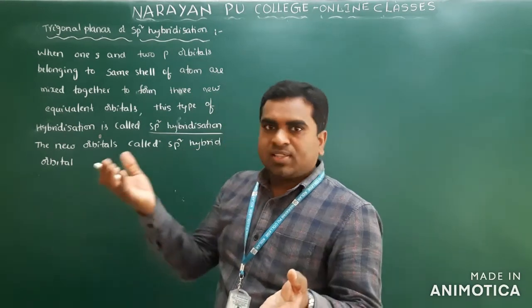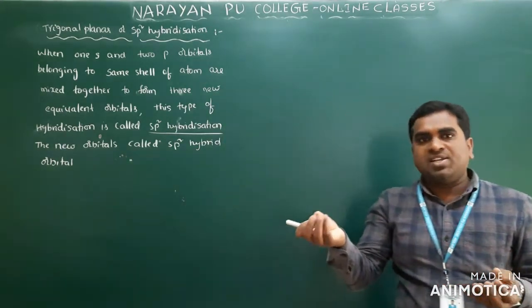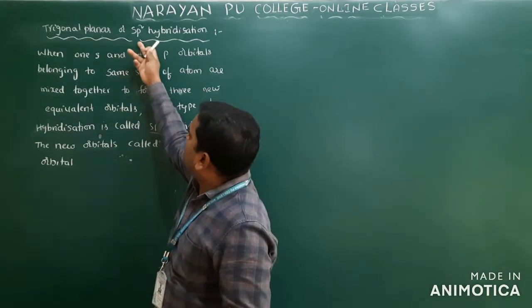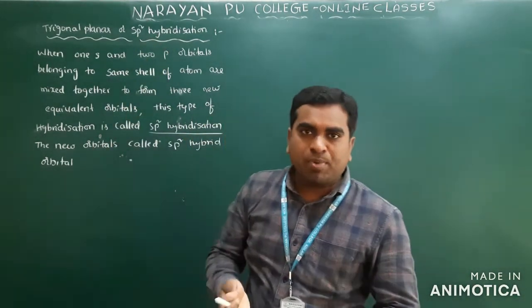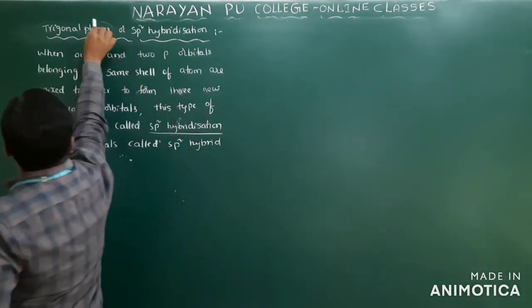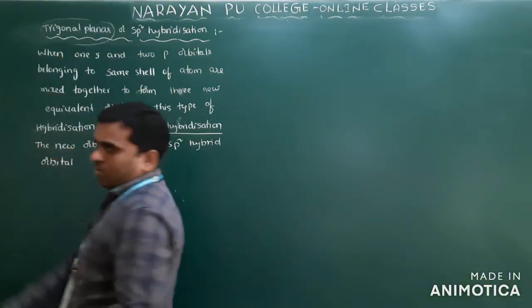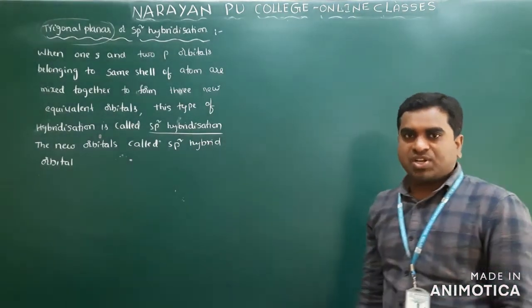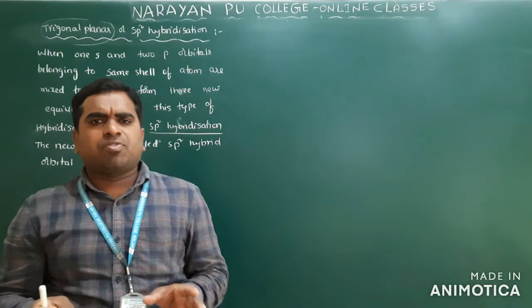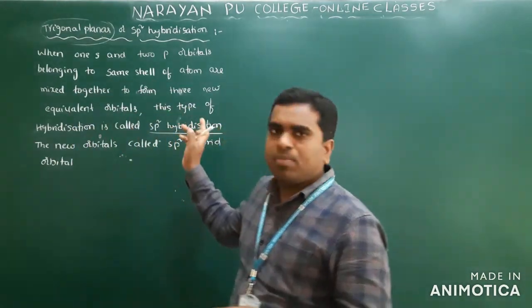Linear means what? The shape of sp hybridized orbital is linear. And here also the shape of sp2 hybridized orbital is trigonal planar. This indicates the shape of the molecule or shape of that hybridization. Clear? So the same definition we discussed for the sp hybridization,